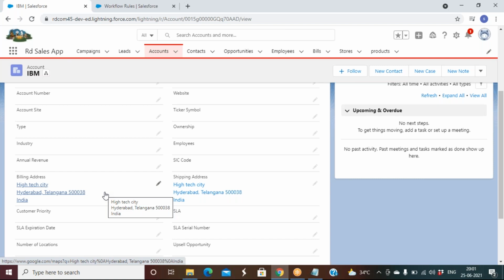We are not debating here. If it is different, then it will not come to you. The BA will be along with the consultant and the architect. They will decide what needs to be done. If it is the same, then only you will get the requirement. There are different ways.